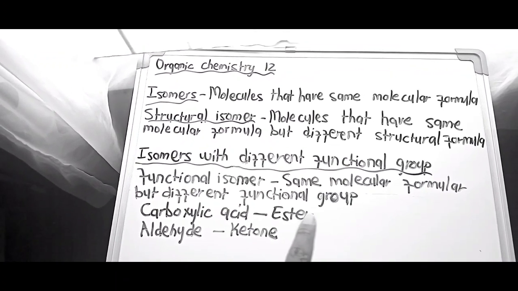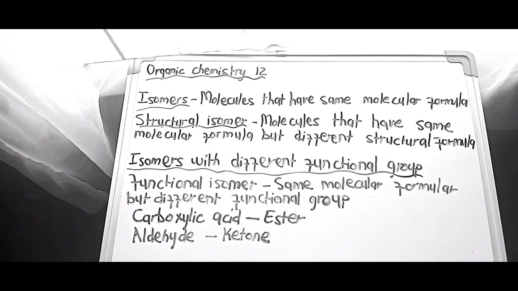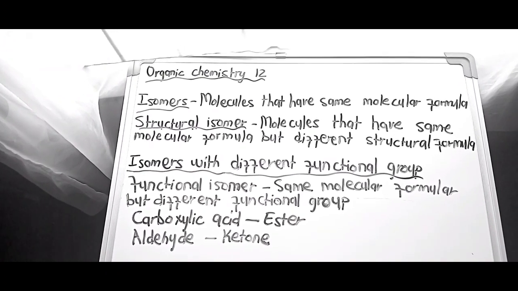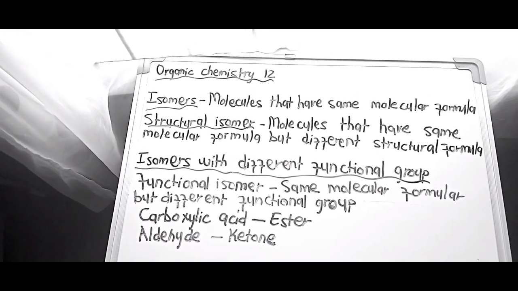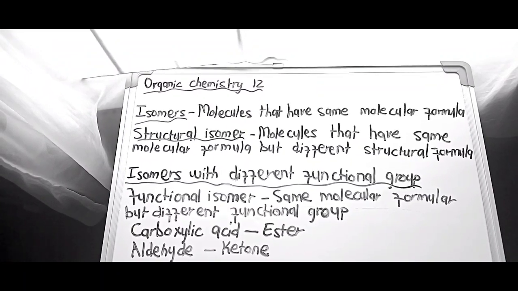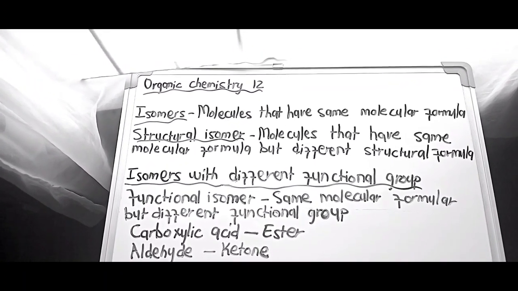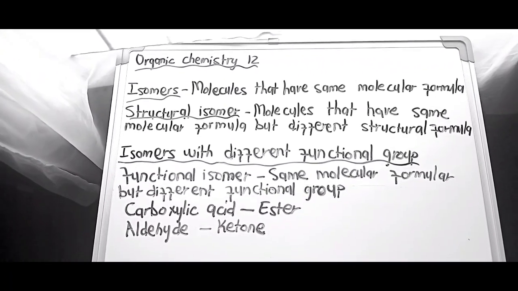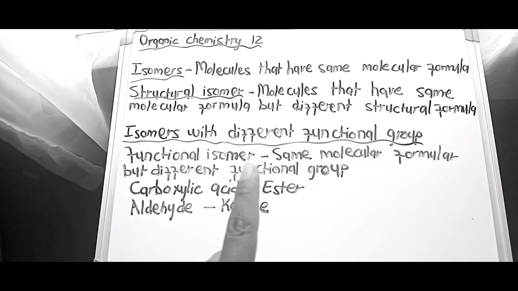What is functional group? It is a bond or an atom or group of atoms that determines the physical and the chemical properties of a homologous series. Please know your definition by heart. That way, you are guaranteed that you are going to score them. You are guaranteed of those easy 2 marks. So functional isomer,